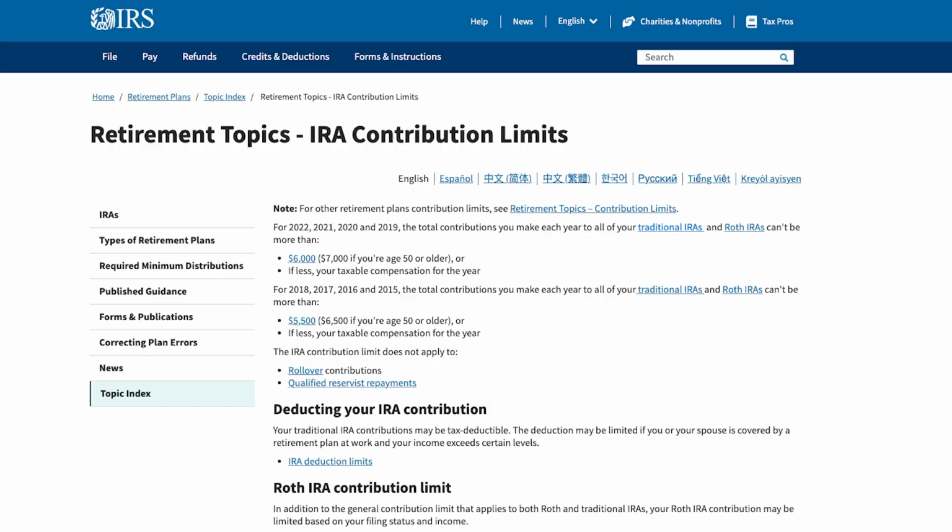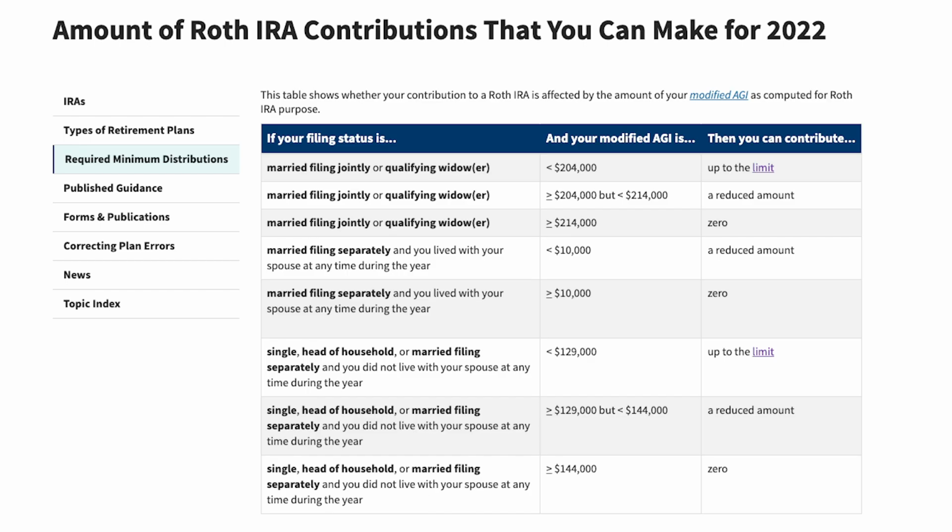You can be a millionaire pulling money out of a Roth IRA account and owe zero taxes on that money. It's truly one of the most amazing account options if you are in the USA trying to save for retirement. It is also my personal favorite account, and if you're eligible to open a Roth IRA and contribute, I highly recommend it. Make sure you look into the details and make sure you're eligible, but if you are, it is